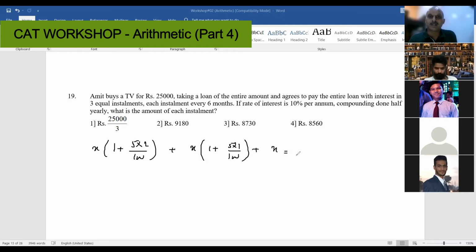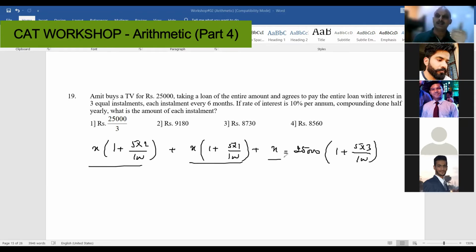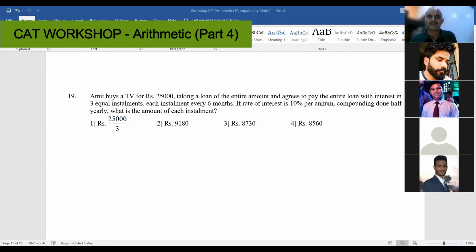And then this will be equated to what is payable: 25,000, the future value of that is into (1 plus 5 into 3 divided by 100). So I am using the simple interest amount formula to calculate the value. And this forms an AP series. In case of compounding, you will get a GP series. In case of simple interest situations, you will get an AP series. So in this case, you can simply add them, but if there are many more terms, you can use the formula of the sum of an AP to do the calculations. Okay?